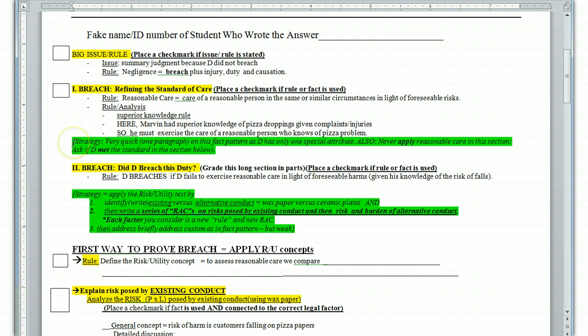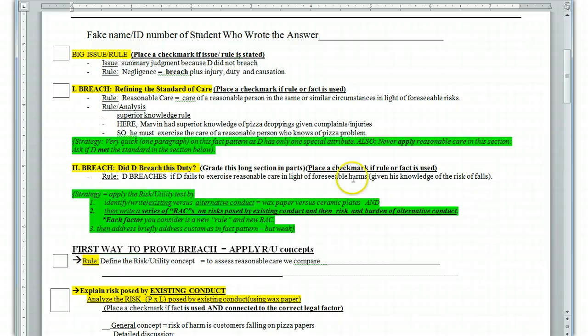One very quick paragraph, as defendant only has one special attribute. And notice this section does not ask you to apply the reasonable care standard. In other words, you're not asking right here if the defendant met the standard. You're just making sure you know exactly what the standard looks like in this fact pattern. So we come out of one understanding that we're going to apply the reasonable care of someone who has knowledge